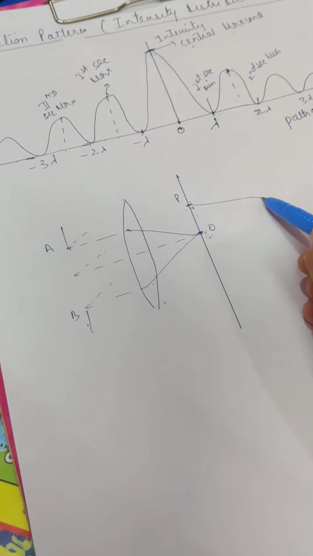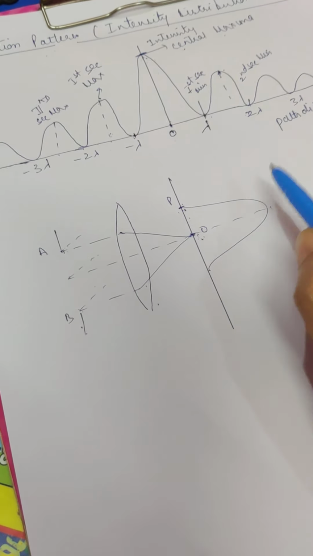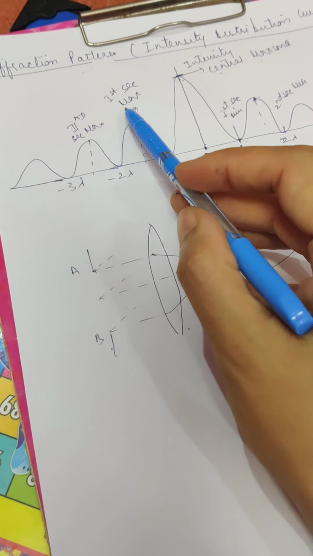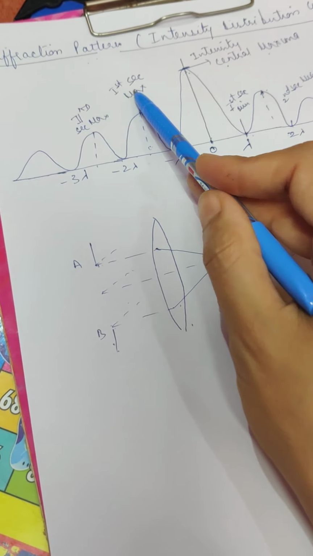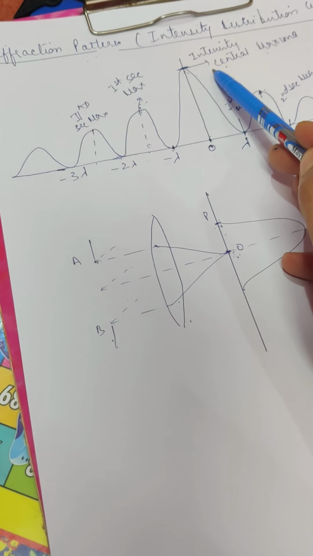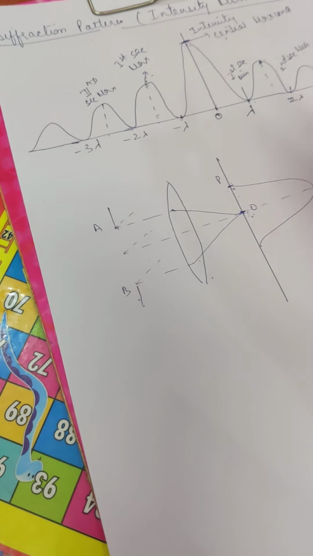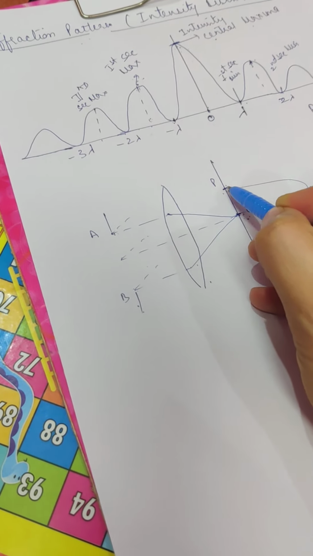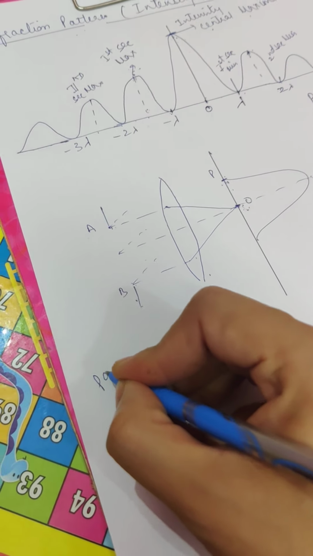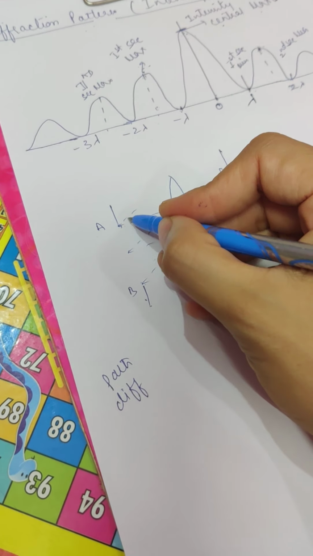That's why point O is of maximum intensity. Is it clear? Now let's see why the intensity of the first secondary maxima is less than that of the central, and so the second, and so on. Beta, you remember that we get maxima at point P when the path difference between the waves originating